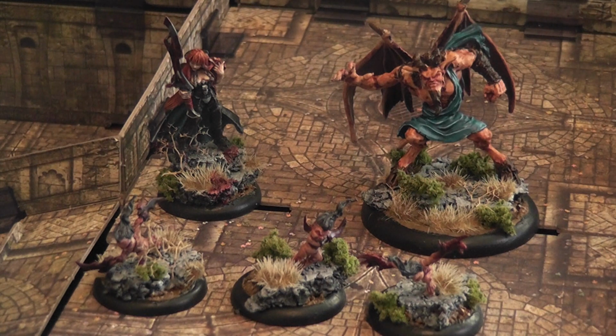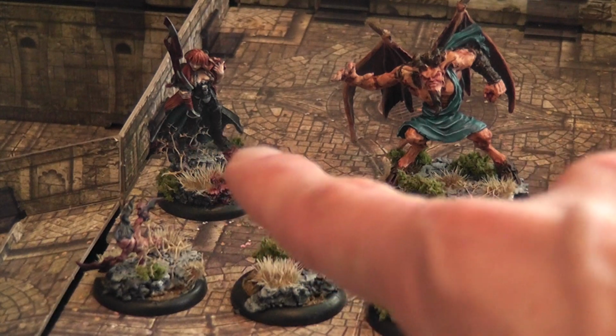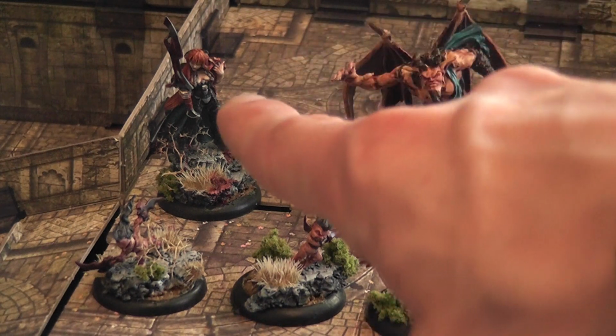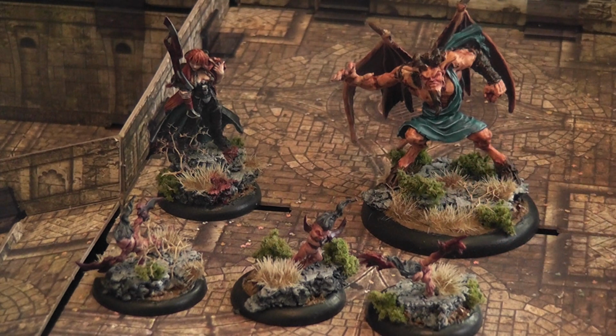So here we have Lilith and the crew of minions that come with her in her starter box. Lilith, this demonic, scary looking woman here, and her demons. They all specialize in melee attacks. This crew here does not have range attacks. They need to get up close with the opponent. However, her sword is pretty powerful when she does get to attack an opponent with that. This demon here can fly, so even though he can only do melee, he can perform diving attacks. He can dive on the opponent and charge that way, disregarding obstacles and line of sight,